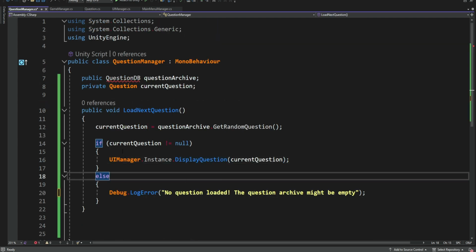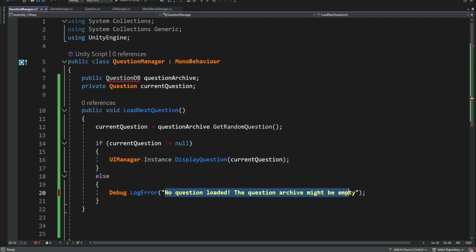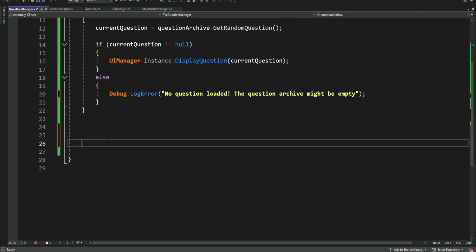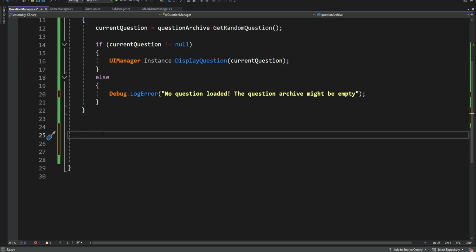Now, if we don't have a current question, it means that our archive might be empty. Maybe we forgot to add questions or deleted them, but this will probably not happen because we are going to add questions. Next, we want to have a method to submit the answer. So public